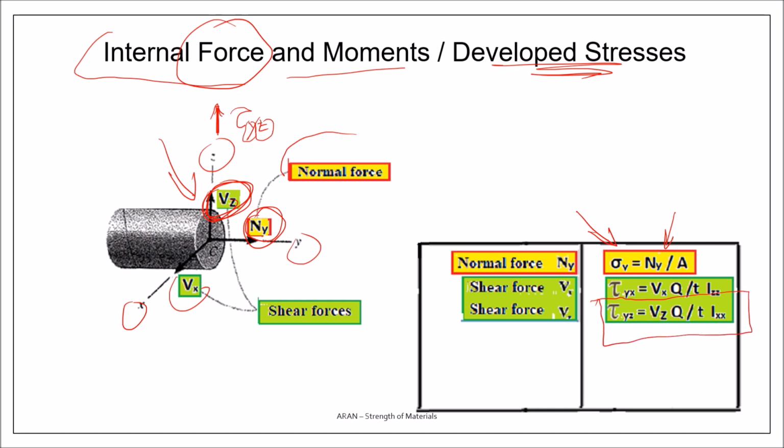In order to calculate the shear force in the Z direction, I have to use VZ. And since for such a shearing, the neutral axis is the x-axis, I have to do my calculation with the area moment of inertia,